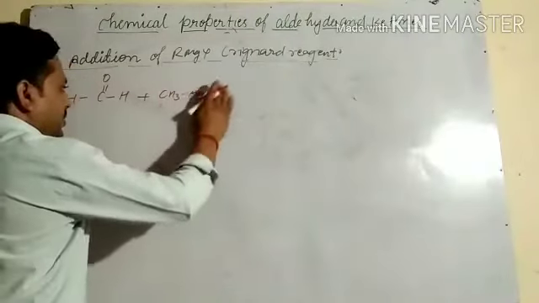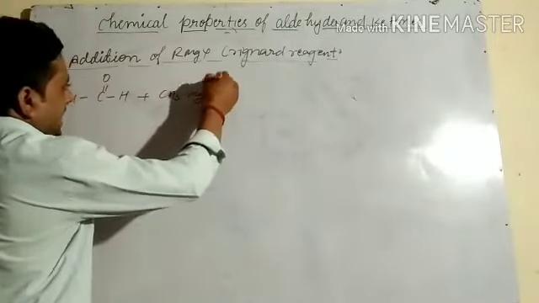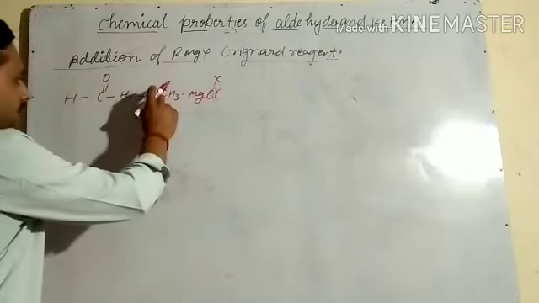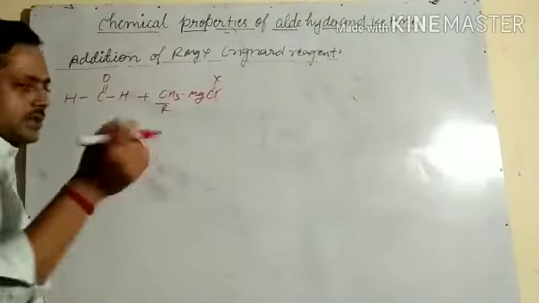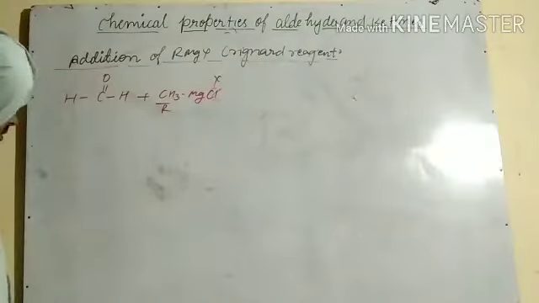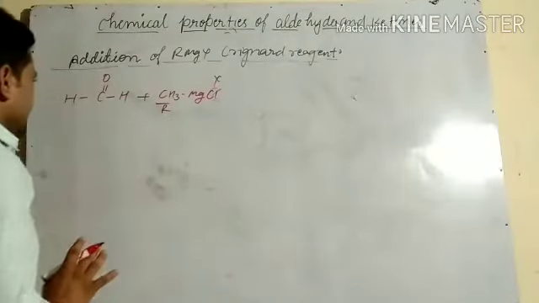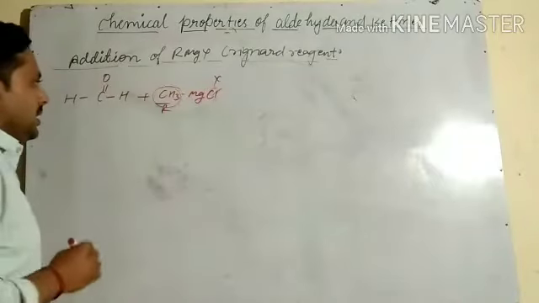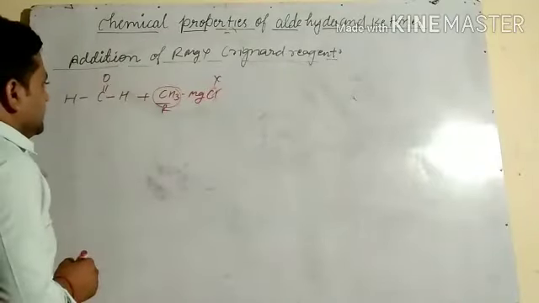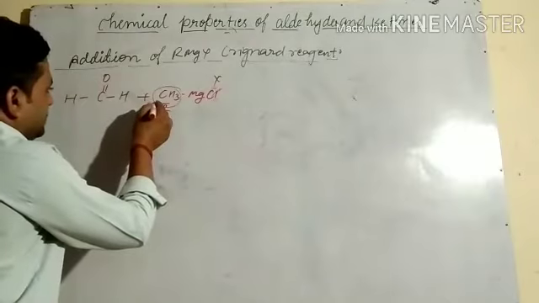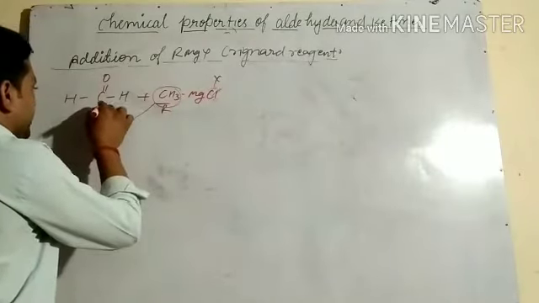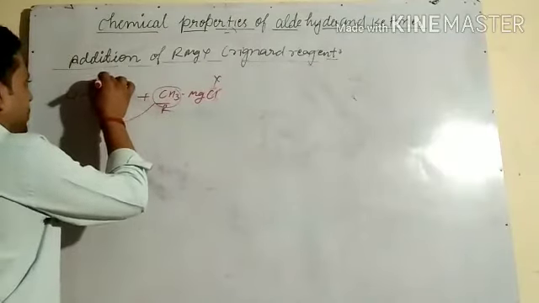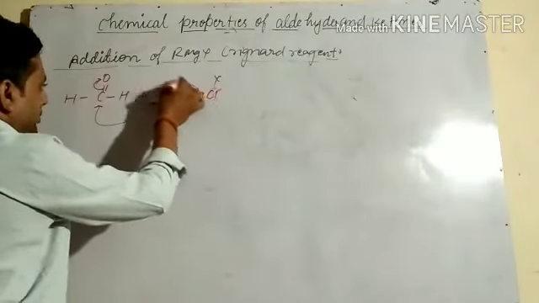It is better to take this, but instead X can be taken, and here R means not only methyl, propyl, butyl, methyl, etc. may be taken. So I think things are clear. Here, what type of group is this? This portion is the nucleophile, so this goes to there and this one goes to there and that portion goes there.